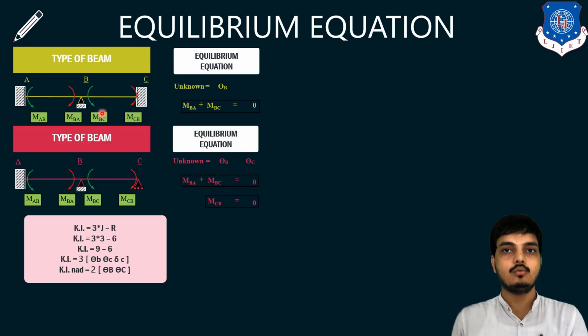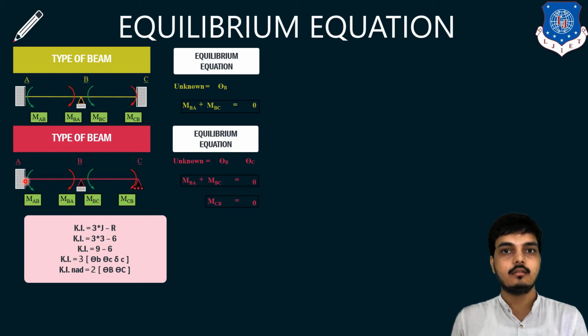Let's take case 2. Now here you can see a type of beam where A support is fixed, B support is simple, and C support is a roller. Now here a new roller connection came. Now the formula remains the same, 3j minus R. Now let's count the number of joints: 1, 2, 3, A, B and C. There are 3 joints, so J is 3.